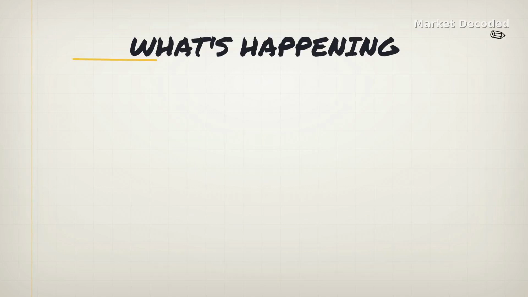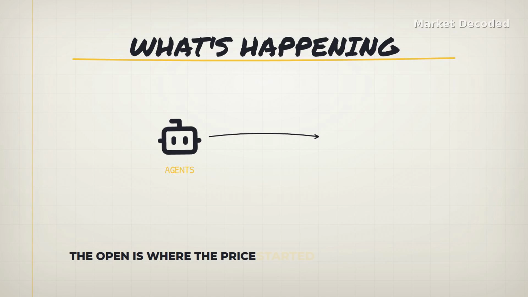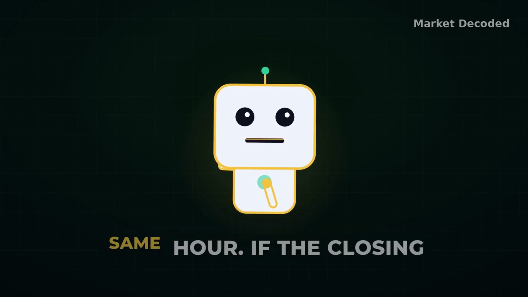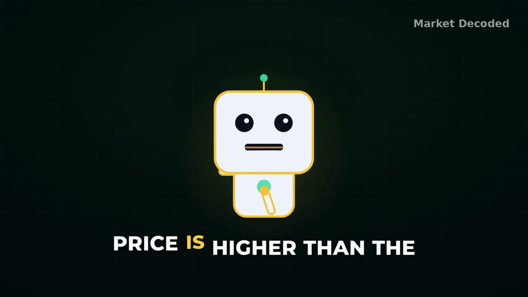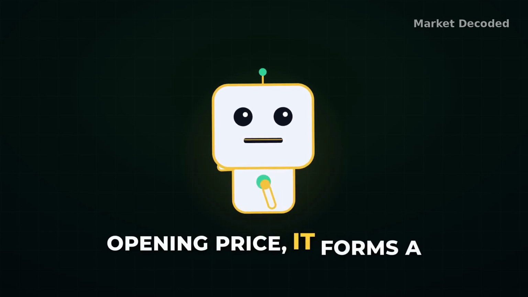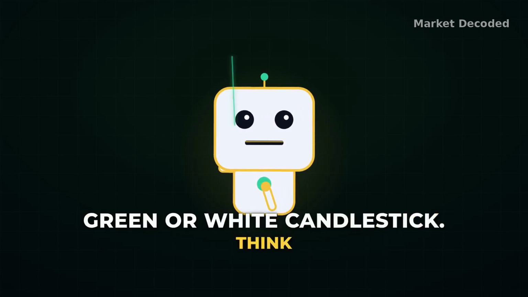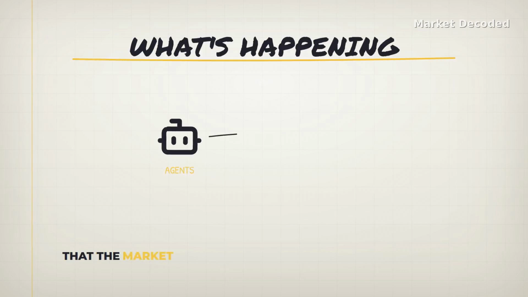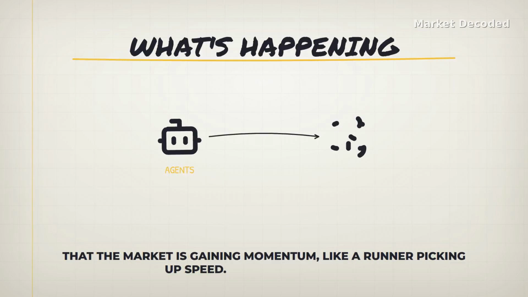The open is where the price started at the beginning of a time period, let's say 1 hour. The close is where it ended. The high and low represent the highest and lowest prices reached during that same hour. If the closing price is higher than the opening price, it forms a green or white candlestick. Think of it as a signal that the market is gaining momentum, like a runner picking up speed. If the closing price is lower, it's a red or black candlestick, indicating a slowdown or decline, like a runner